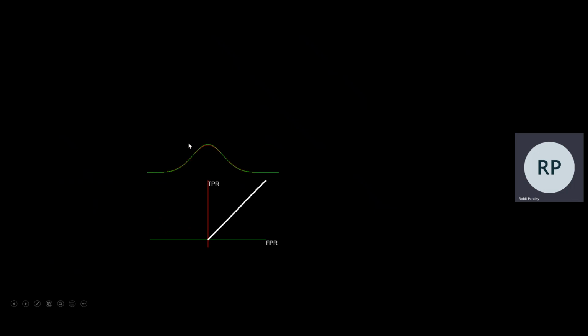Now, here are some examples of cases where the AUROC is 0.5, which is the worst possible metric you can get. Obviously, when the two distributions are exactly the same, that's the case, and you get an ROC curve which is a straight line. But there are other examples where it's not quite a straight line, but the area under it is still 0.5. And in all of these cases, the probability that distribution B is larger than distribution A is 0.5.